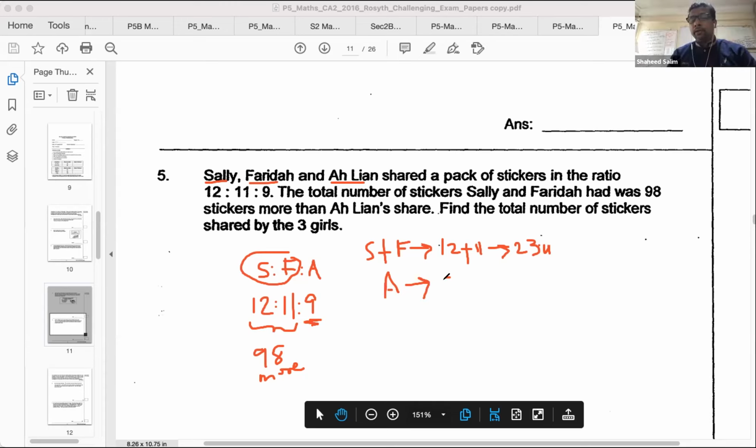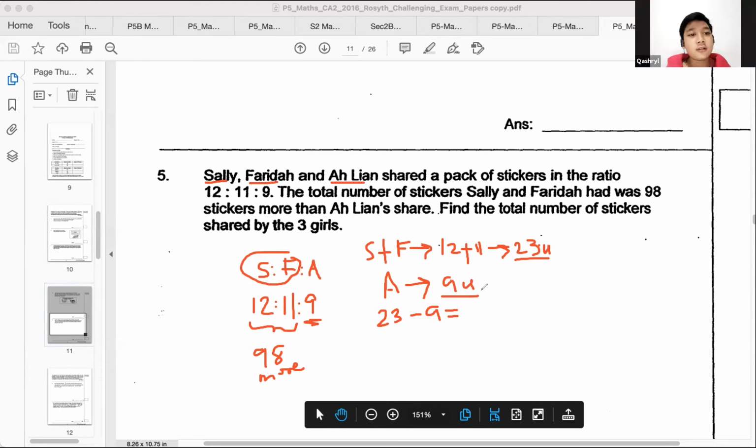Alian got 9 units. So how many more units do Sally and Farida have compared to Alian? How many more? You have to do 23 minus 9. How much do you get? 14. So this 14 units is equal to